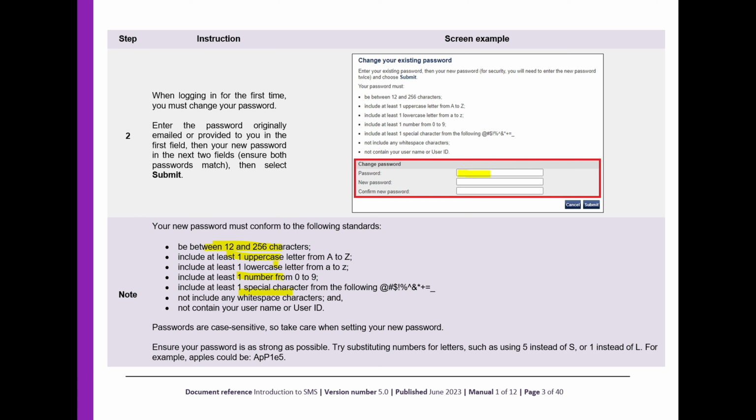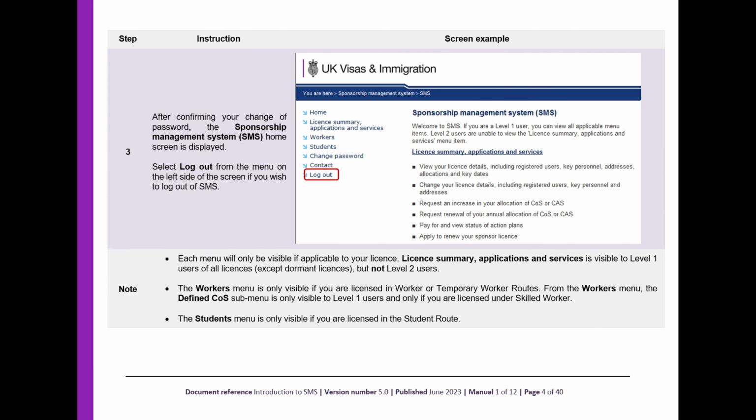This is how the screen will look. You will put in the password, which is the old password, then the new password, and then confirm the password and click submit. Third step, after confirming your change of password, the sponsorship management system home screen is displayed and the